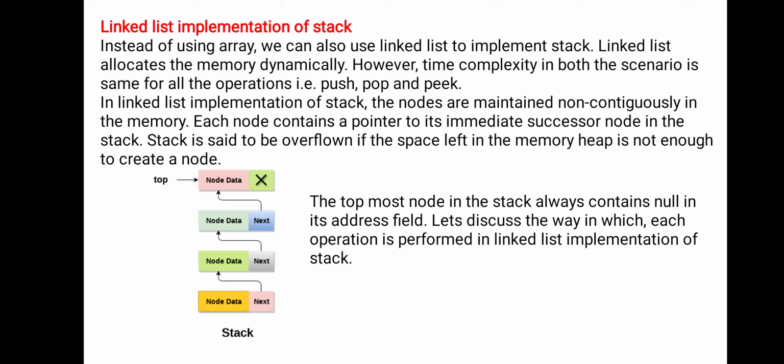So to avoid that, we use a function which is called malloc. Malloc means memory allocation. This is the function which is used to allocate the memory dynamically. It means whenever we require memory, we allocate it, and whenever we don't need it, we delete the memory space. So we save memory space by using this dynamic allocation of memory.